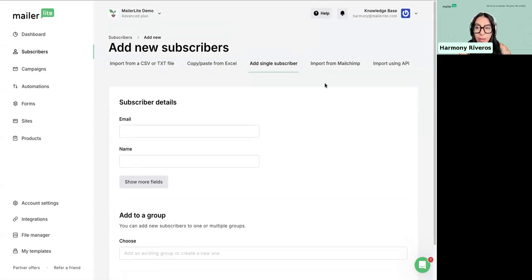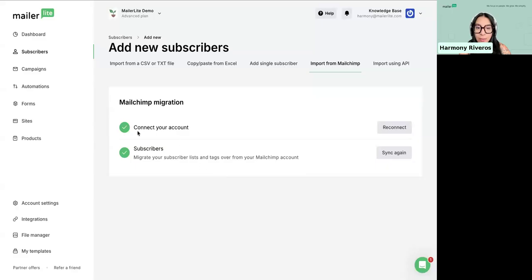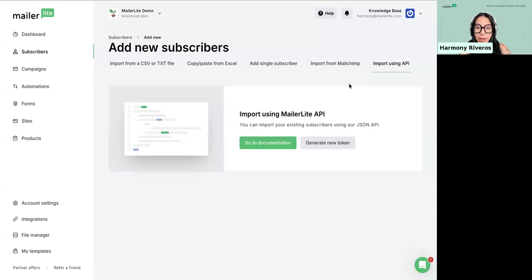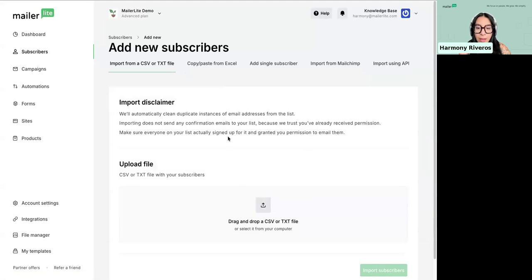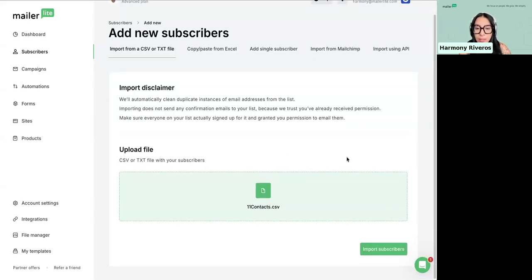You can import directly from MailChimp. We have an easy way to connect your account and import this way. And you can import using API for any developers. Our documentation is right there. I will use the CSV option. Let me bring over one that I have in just one moment. Okay, so I will upload a list of subscribers that I have, click import,